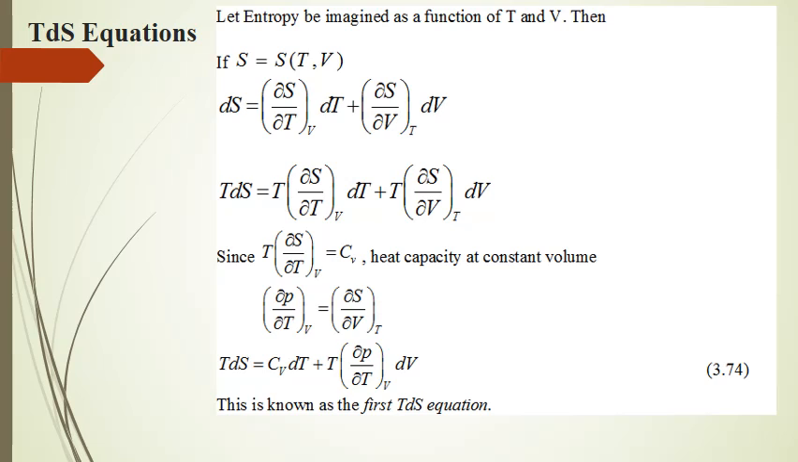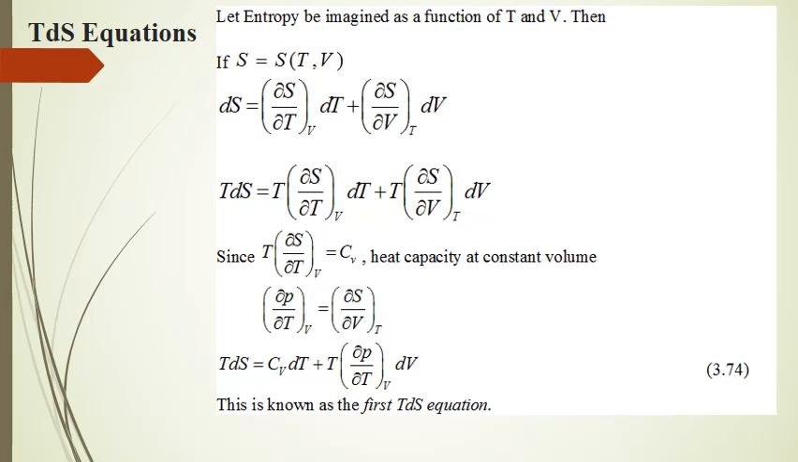Now multiplying both sides by absolute temperature, we get TdS is equal to T (∂S/∂T) at constant V dT plus T (∂S/∂V) at constant T dV. Since T (∂S/∂T) at constant V is equal to Cv, that is heat capacity at constant volume, we substitute Cv